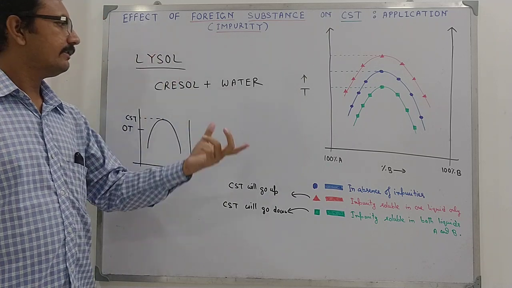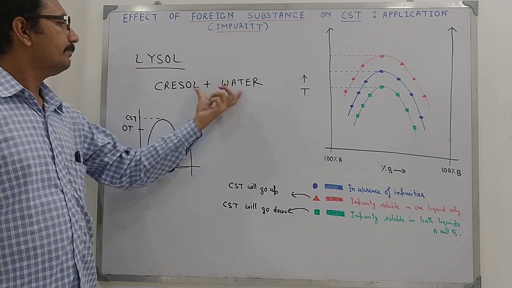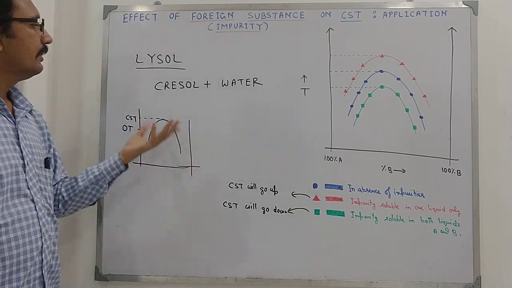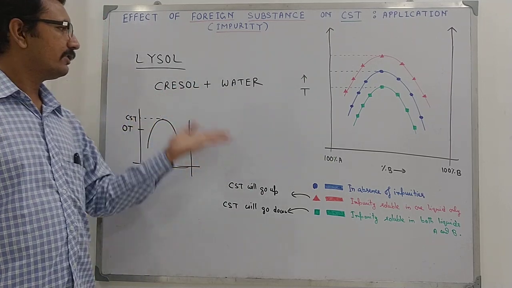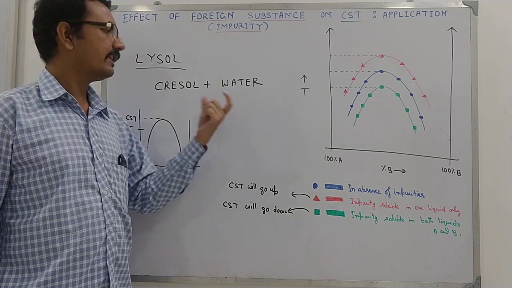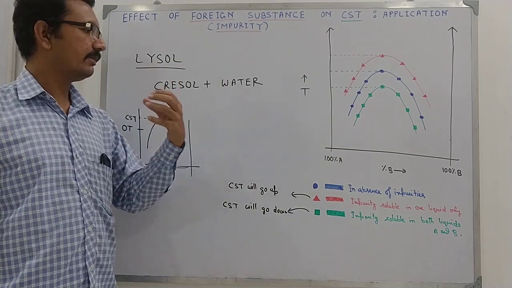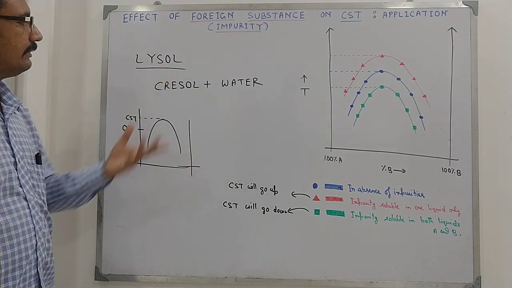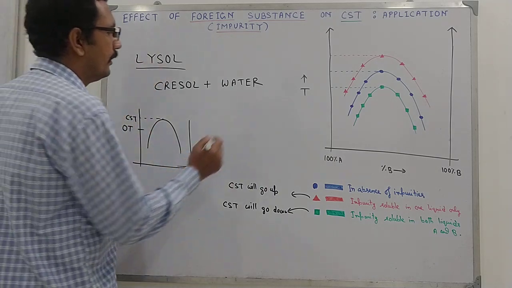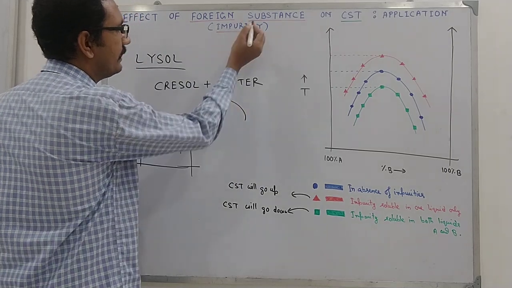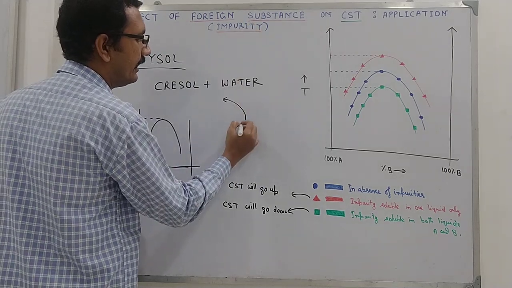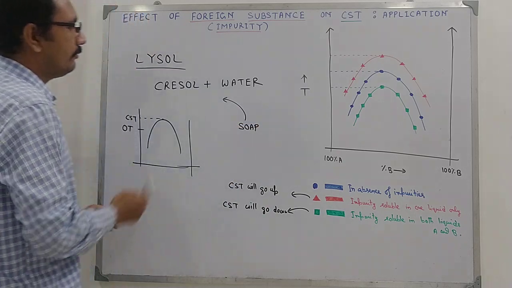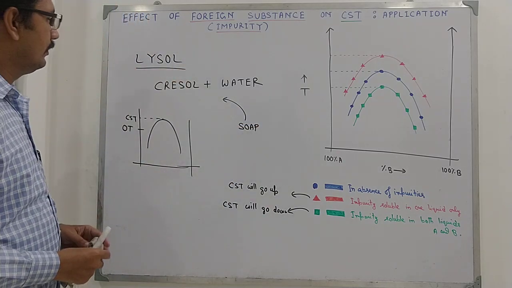When it is spread, you need a proper percentage of cresol and water, then only it will be functional. And also there is a question of attracting the customers. So a clear solution will have a greater attraction. So to make this possible, a third party, a foreign substance called impurity is added. Here it is a surfactant. Soap is added to this cresol water combination.